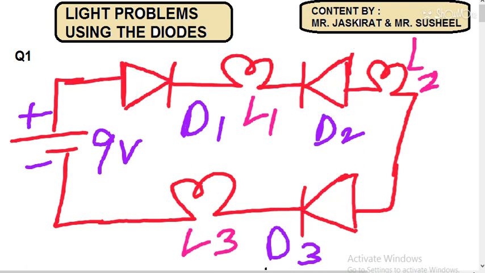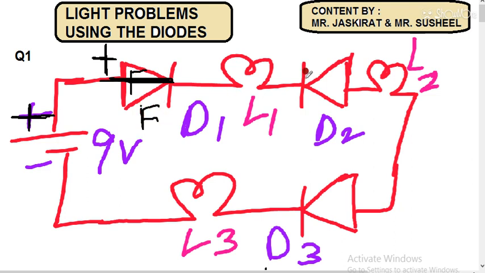Okay, so I was telling, this is the positive voltage. So positive voltage will go here and this diode will get forward biased. So it will act as a closed switch. This is the closed switch side. Let's suppose this is the line. So it will act as a closed switch because it was forward biased.